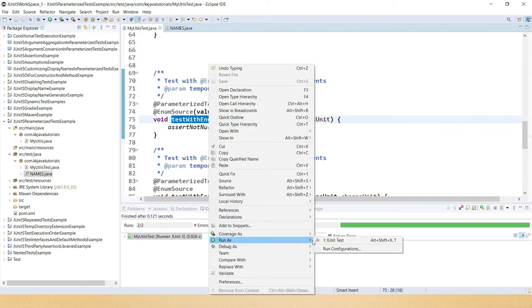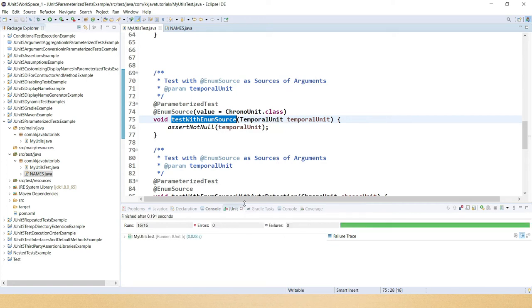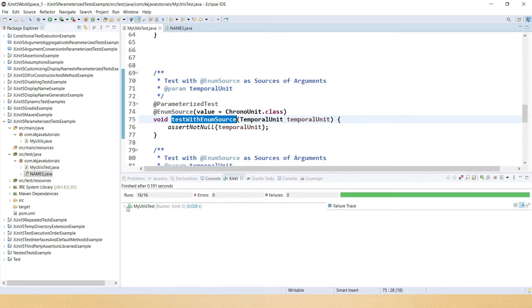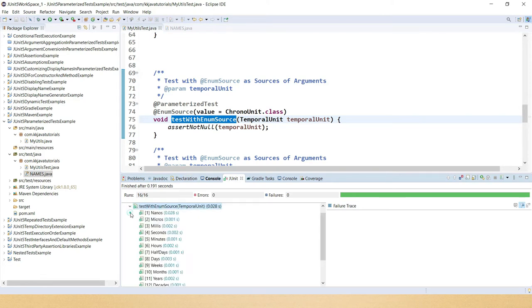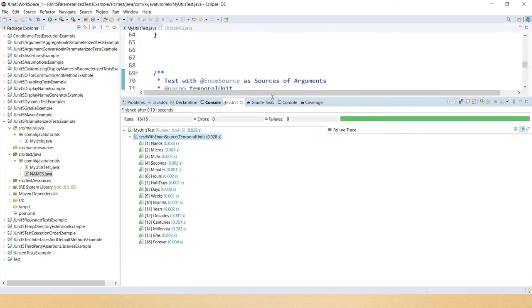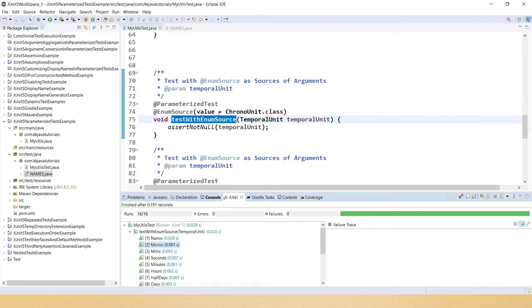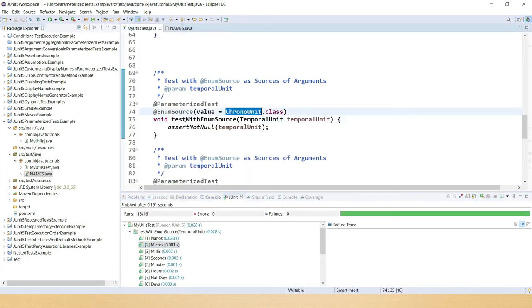If I right click and run as JUnit, then here you can see, if I expand this utils test, and this is the name of this test method, if I expand, you can see this test case has executed 16 times, once for each and every constant available in ChronoUnit, right? So that's the first use case.